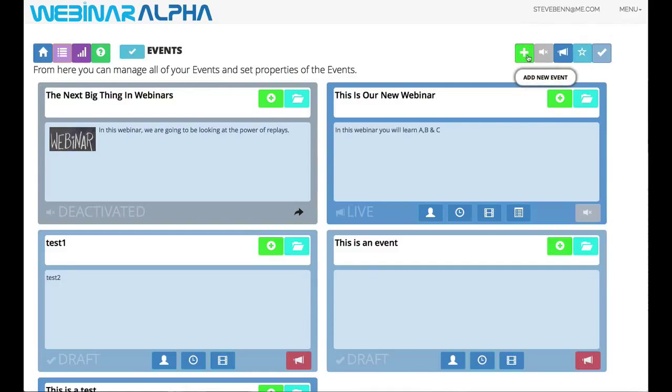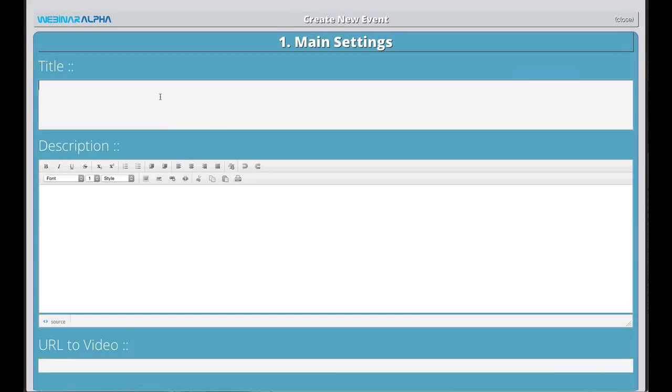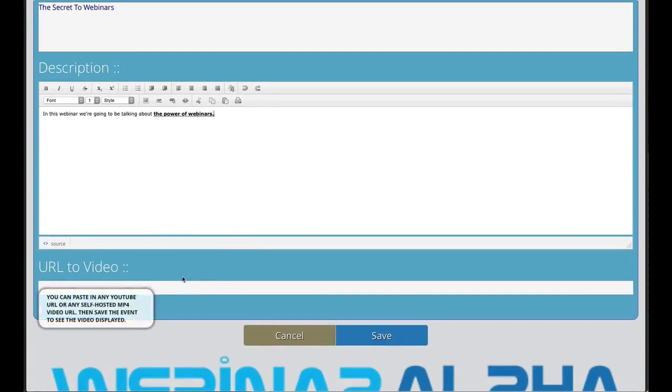So first things first, I'm going to create a new event. So what I'm doing right now is just writing out a little bit of a description. And with this editor we've got right here, you can do lots of cool stuff. You can just leave it really basic. It's up to you. You can add images and all sorts of cool stuff, or you can keep things pretty